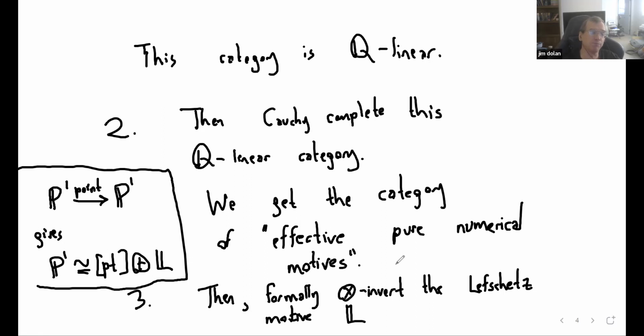Remember how we had a relatively long, inconclusive discussion, perhaps partially here and partially in email, about very vague ideas that I had, that formally tensor inverting the Lefschetz motive, when you're inventing motive theory, strikes me as potentially analogous to the creation of the stable homotopy category, where you can talk about formally smash inverting the